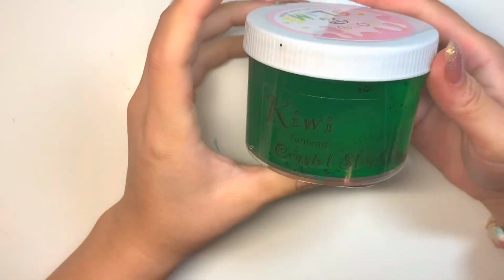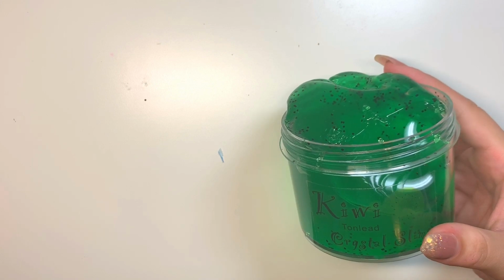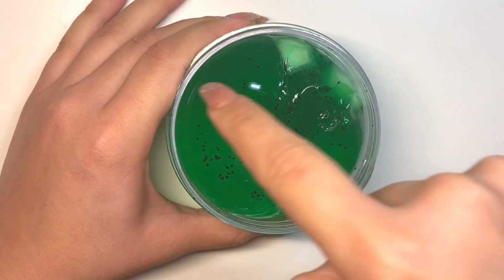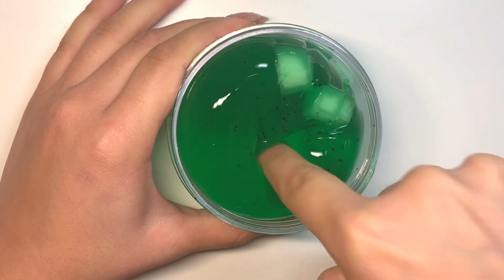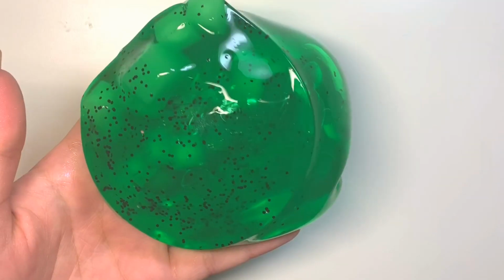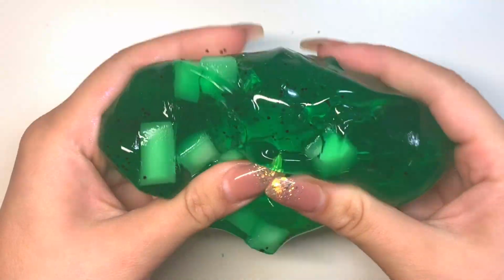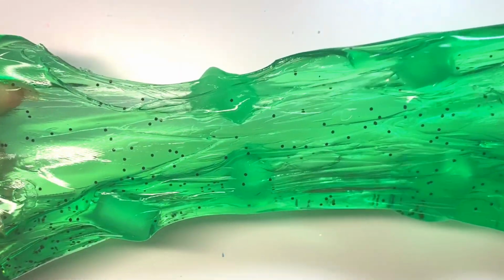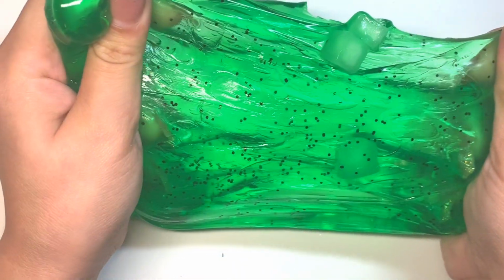Now, I'm pretty skeptical of clear slimes that are store-bought because they're usually putties, but I did buy this one because it has some pretty cool little jelly cubes in it, and it was like $5, so I decided to give it a try. It is a putty texture, so don't buy this one thinking that it's going to be like a clear slime. It does not have a lot of stretch to it, but it has a little bit,